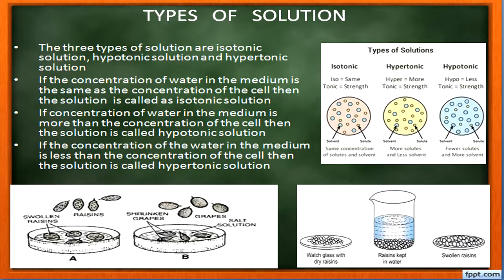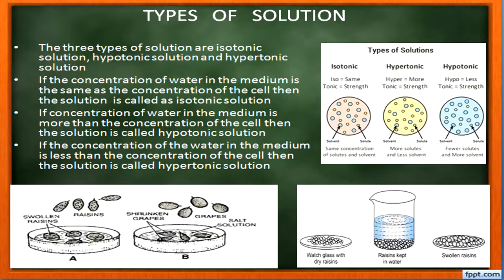In the same way, if I am going to take a glass of water and dissolve an entire packet of sugar in that entire glass of water, what will happen? The sugar molecules will be more and water will be very less, isn't it? It becomes a concentrated solution. So this solution we call hypertonic solution. Okay, can you understand? So isotonic solution means what? If the concentration of water will be the same. Okay,